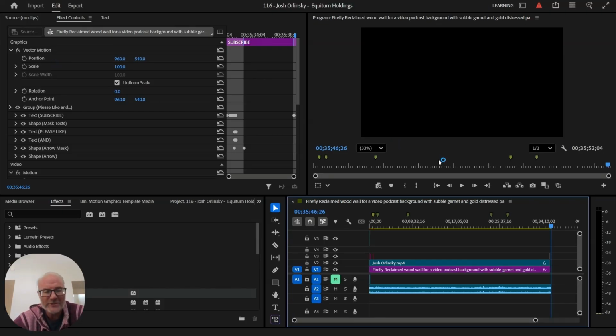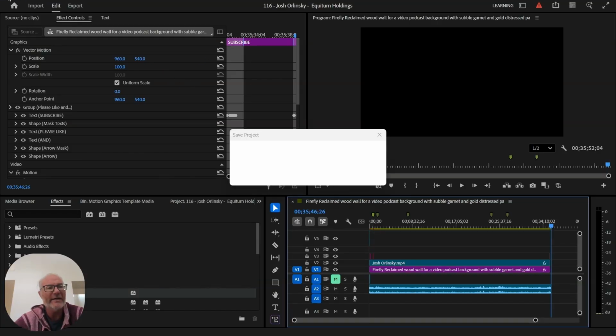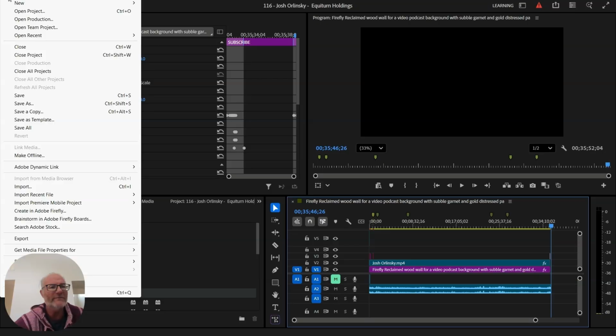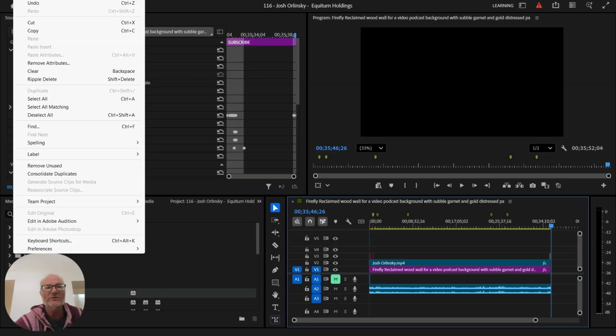So there's a couple of different ways you can do it. You can do Control S, and that should save it. Or you can go up to File. My computer's thinking, but you can go File and pull down File, and then you can just go down to Save and save. So now you're done editing the first step,